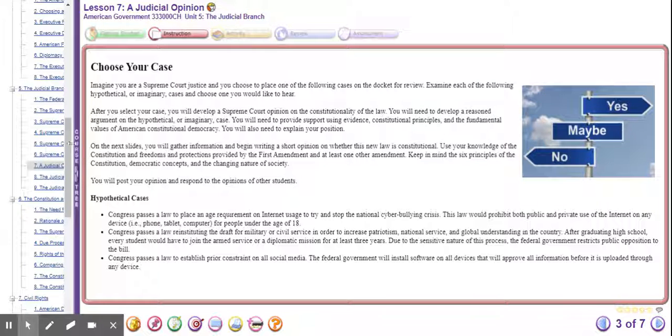You do have your test coming up for Unit 5, so be sure that you're going through and you're going to do your review. We'll talk a little more about that tomorrow,